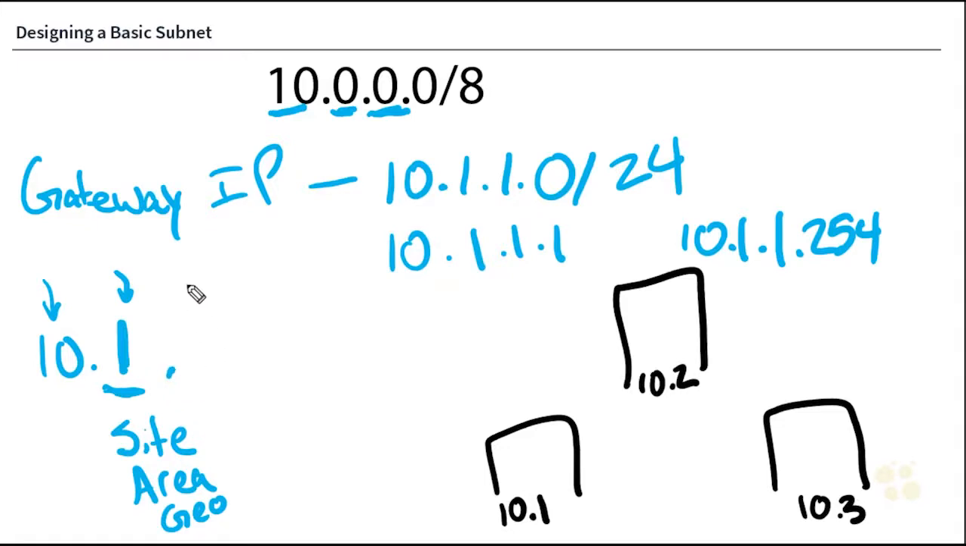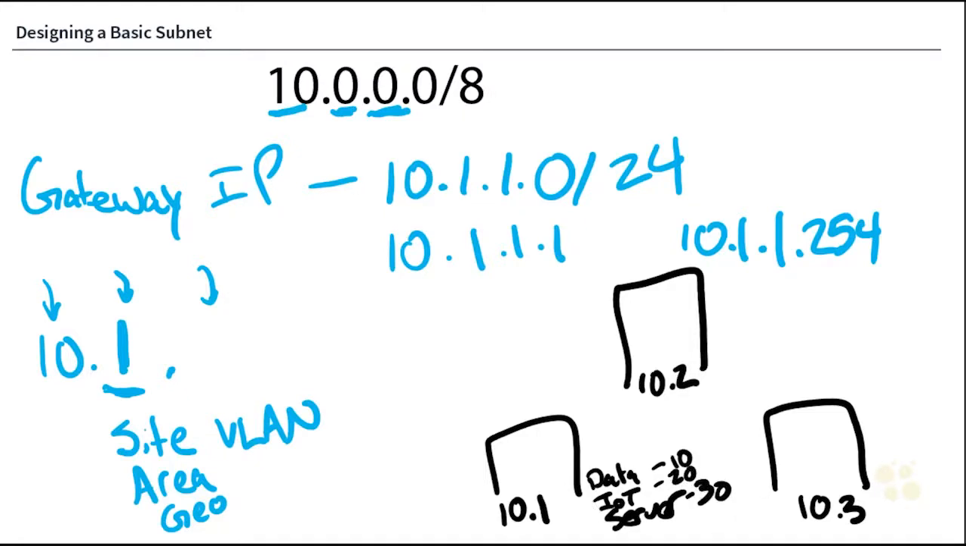Then the third octet here almost always is going to represent the VLAN. You see, within these buildings, we may have multiple addresses or subnets for data, IoT, server, and so on. And all of these will exist on different VLANs, like VLAN 10, VLAN 20, VLAN 30. So when I set this address to VLAN 30, I see now that, okay, this is my private address, it's